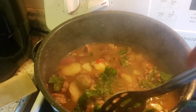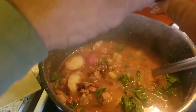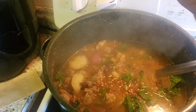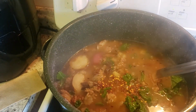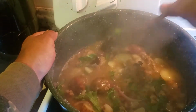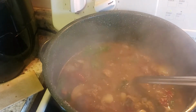And then all you do to finish this out, you know what, I'm gonna put another thing of this crushed red pepper in here because I like a lot of crushed red pepper in my shit. Plus I like seeing the pepper flakes floating around. All right, now last part,